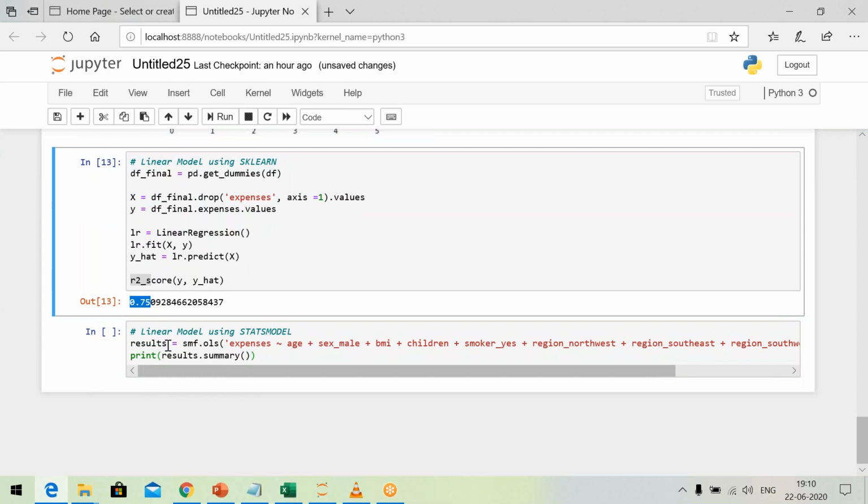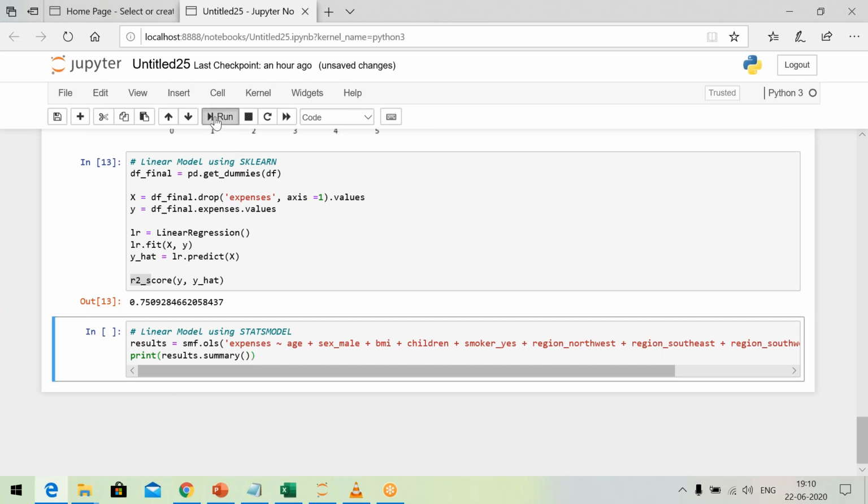I want him to get 85 marks. So I have to ask him to come and sit in front of me. I will ask some probing questions and then give him some tips and tricks. Then only he will get 85%. That's what we are going to do here also. Let me execute and then explain.